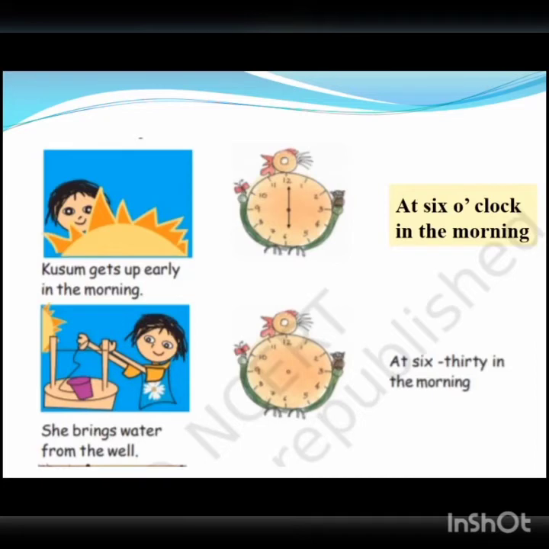Now, we have to draw hands on the clock. So, first of all, we will draw our hour hand in between the numbers 6 and 7. Because here we have to represent the time 6 hours 30 minutes. Like this. And the minute hand on the number 6. Because 6 represents 30 minutes for the minute hand. Like this. Clear? Good.